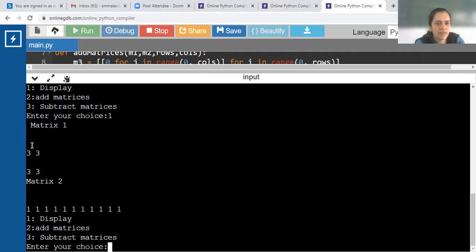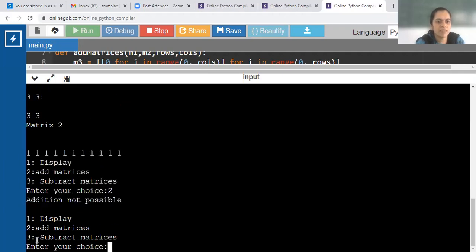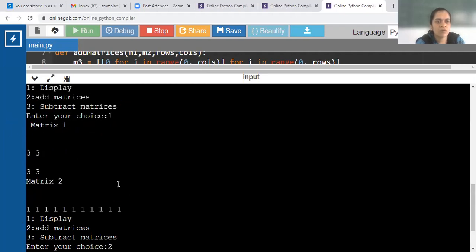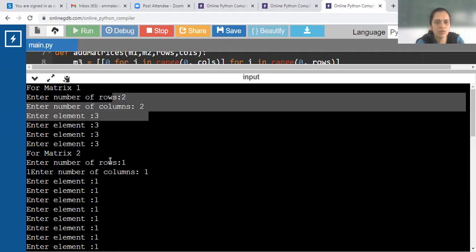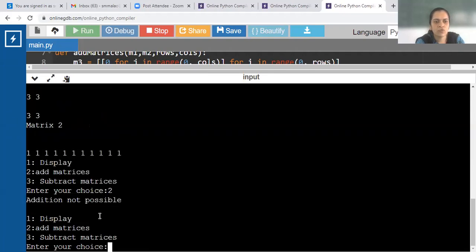Yes. And then choice 2. Display the matrix. Yes, it displayed an error message: addition not possible because number of rows and columns were different. It is not a 2 by 2 matrix. So message was displayed. Addition is not possible.